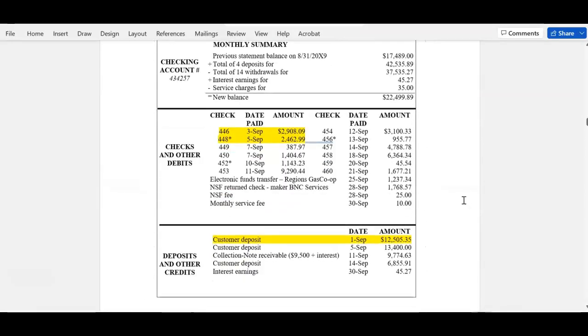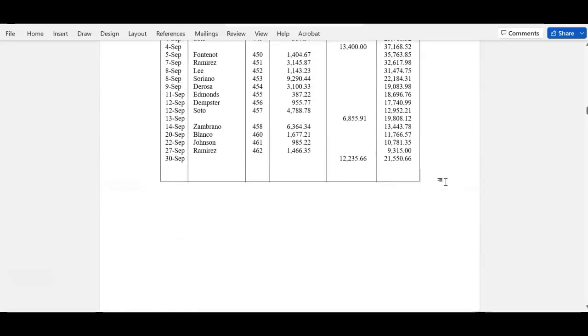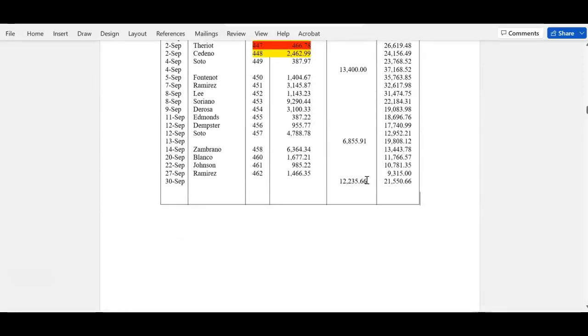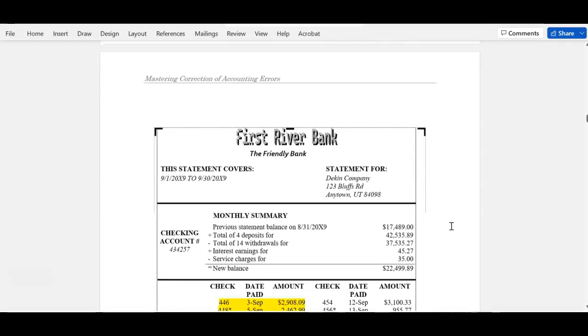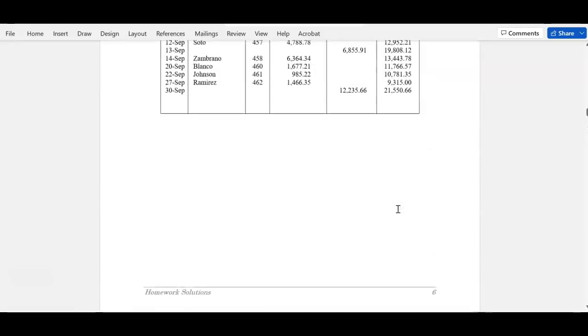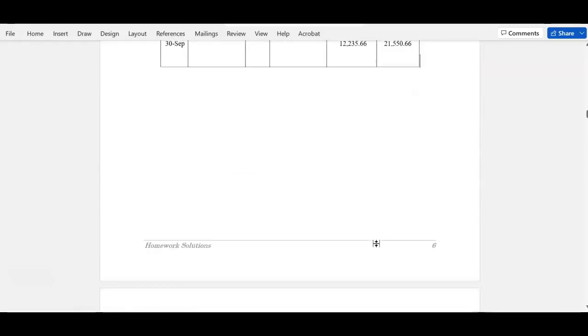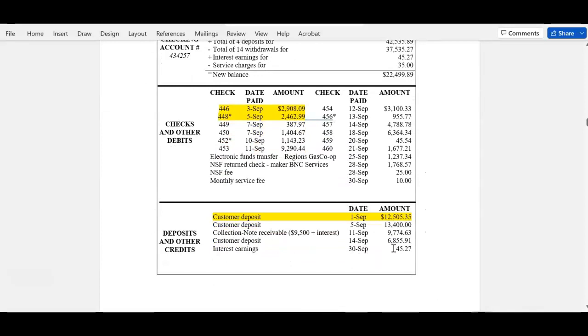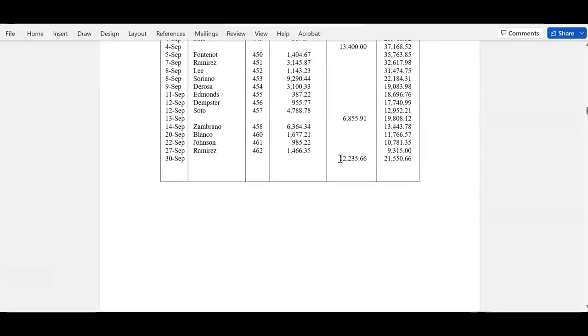But then you see here you have a deposit of $12,235.66 on the last day after 5 p.m., probably in the ATM machine, which you recorded. It's very good, $12,235.66, but that is not in here. Oops. So here you write deposit in transit, $12,235.66. Put a question mark next to it here with pencil, and here you go back and you